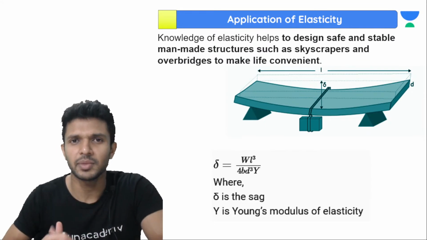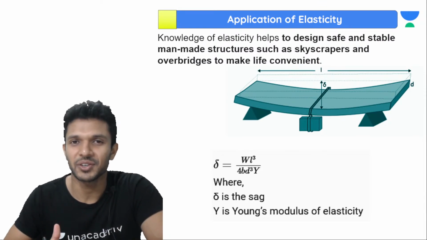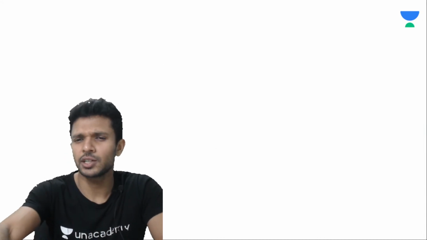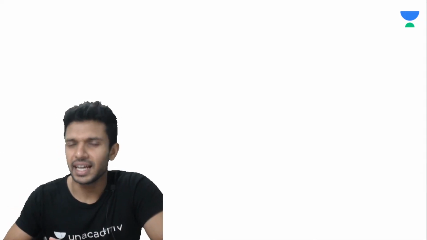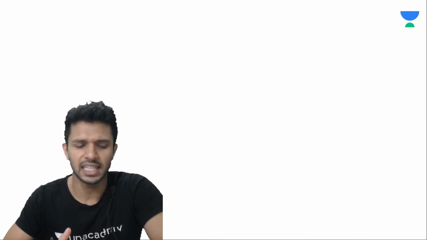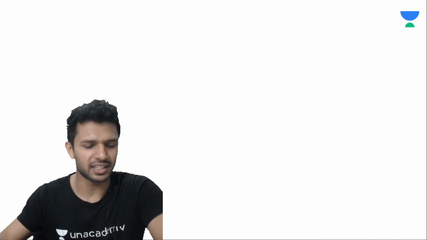We should have some use for learning these properties. So let's see what the uses are for learning the properties of solids. Shall we have a look into it? There are so many uses for learning the elastic behavior of materials, but we are limiting ourselves to 2-3 conditions given in your NCERT book so that you can understand why we have learned this much. Else you will be thinking after a very long time, why did we learn this much in physics? What was the need?